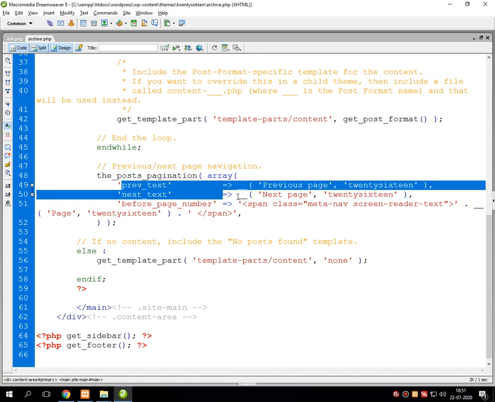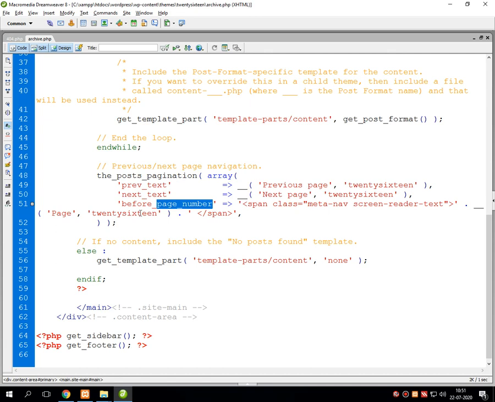For every previous and next page, it displays the page number before the particular pages. That can be displayed using the function called before_page_number. This before_page_number will display a page number before the pages displayed by WordPress.